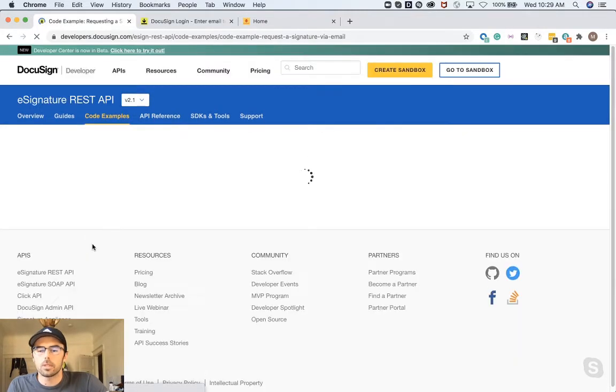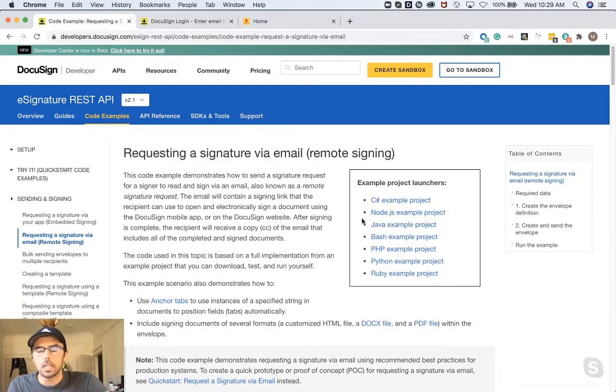And as you'll notice, in the upper right corner here, we have example project launchers. Each launcher is equivalent, and they all contain roughly 30 or 31 different code examples that map to the most popular workflows that developers build with DocuSign's eSignature API. So at this point, if you're thinking, okay, I'm not a Node developer, that's fine. We have example launchers in a variety of other languages. So you're welcome to follow along as I'm doing this, just in the language of your choice. So if I click on Node.js example project, this will bring us to GitHub.